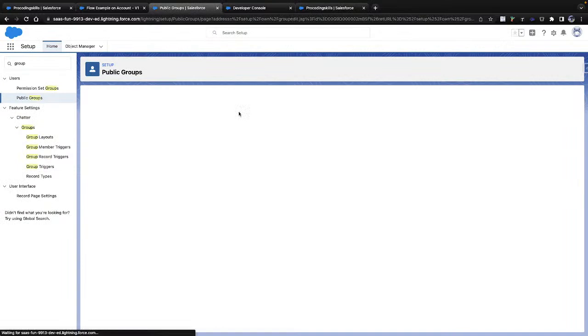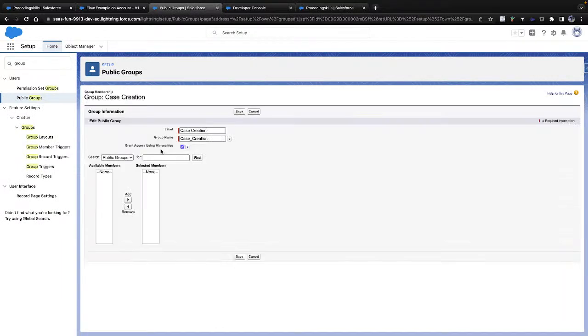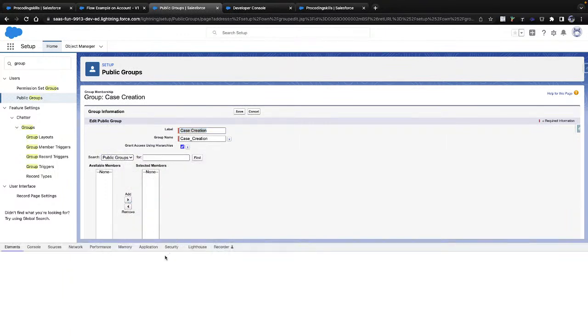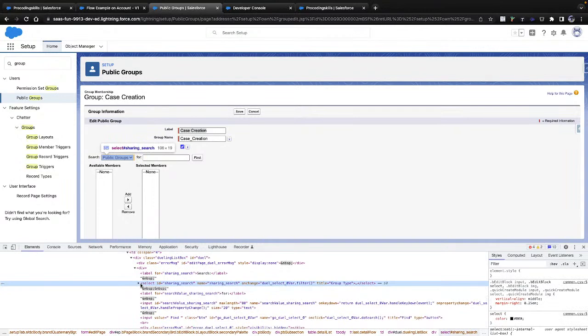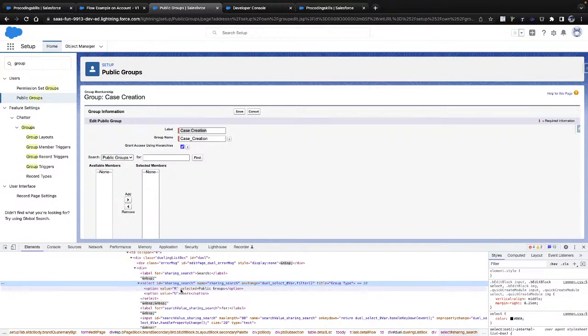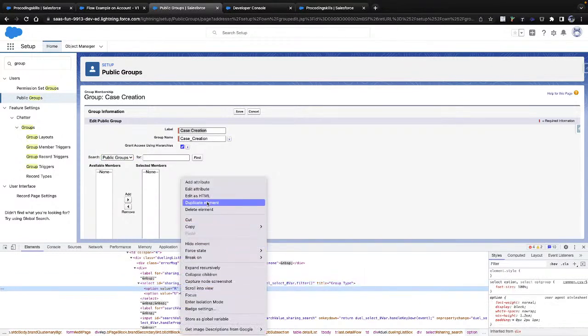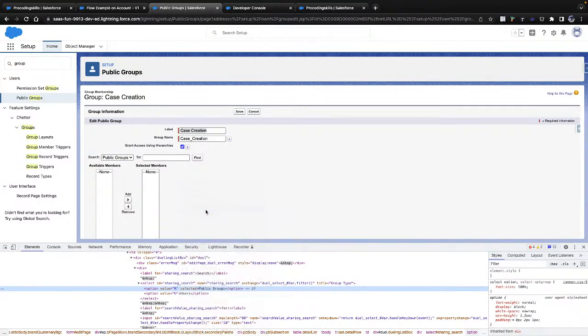So let me add the user again. Again the same headache. Let me quickly do it. I'll say delete element.